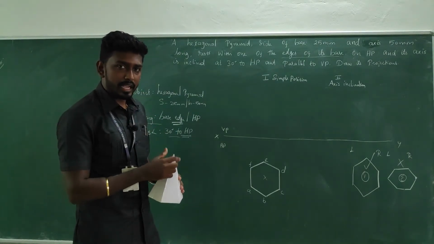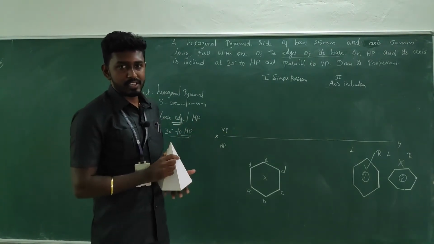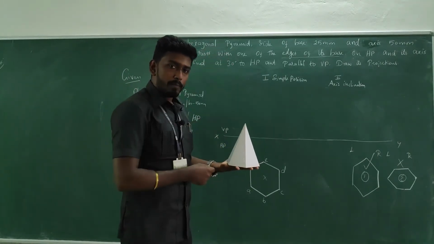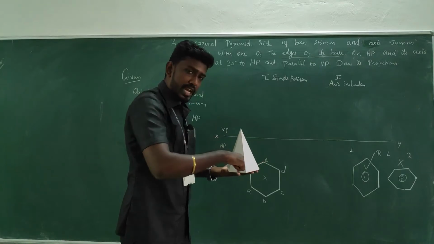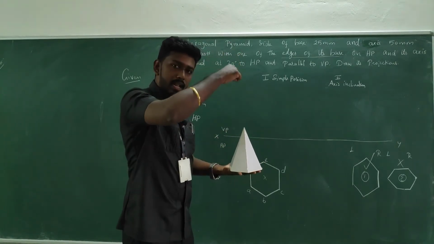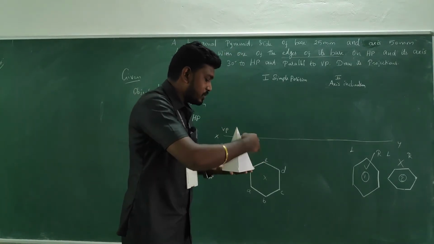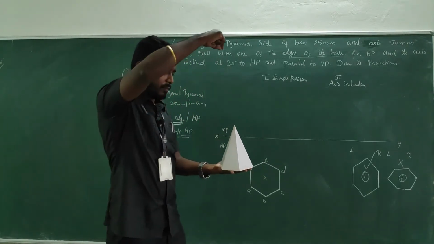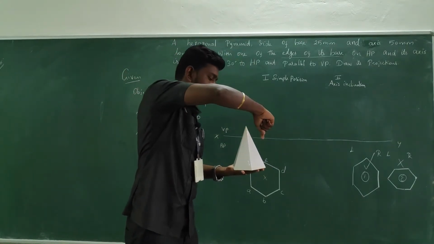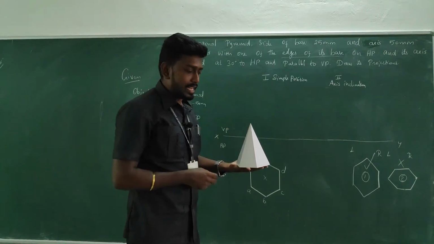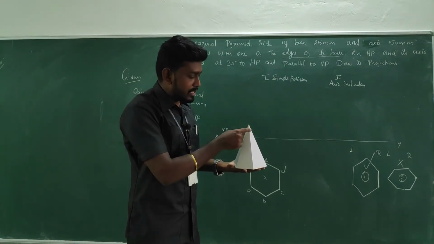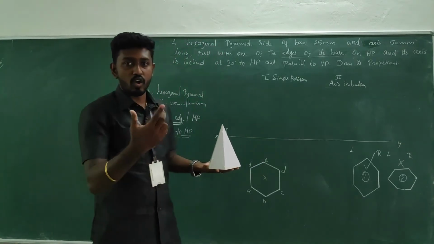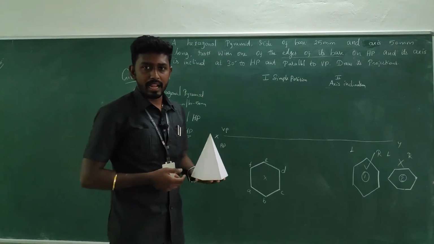Important thing, it differs from the prism. It's a pyramid. When you are looking from the top, orthogonal to it, you are able to see the true shape, and as well all the slant edges of the hexagonal pyramid are visible. Along with that, the special case in the pyramid is all the slant edges will be visible, but not in the prism and cylinder.